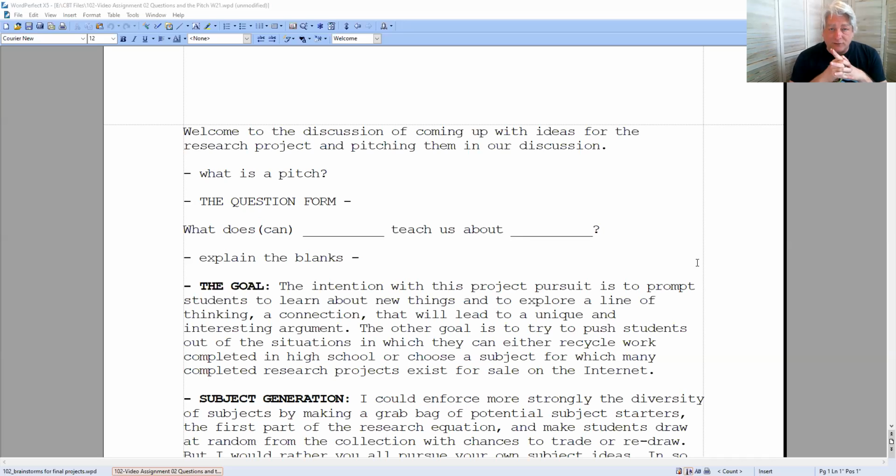In the same vein, you're pitching ideas for a research project as if they were really to be published. Just imagine you're pitching to an editorial board, and you have a description of your idea, and then you have some initial exploration of source materials to see if it's going to be viable for a project.